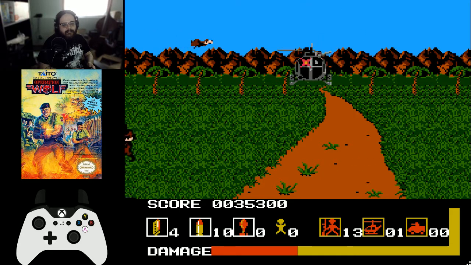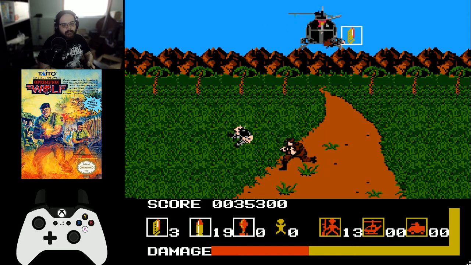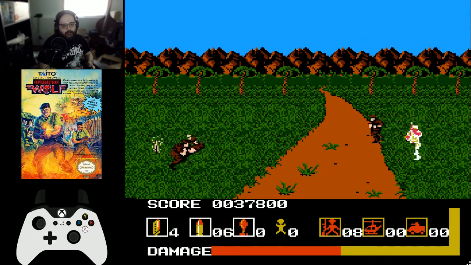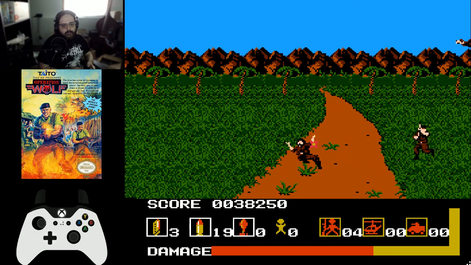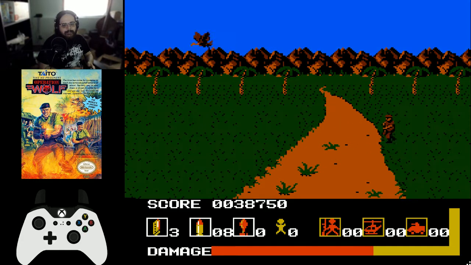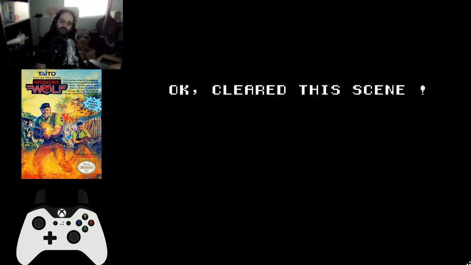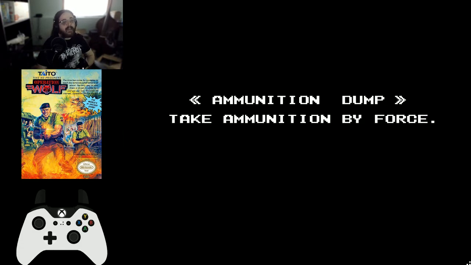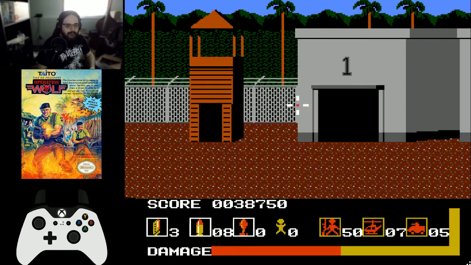Well, you don't want to constantly shoot because I have to imagine you'll eventually run out of ammo. There's quite a bit of ammo in the game for you, but anything's possible, you know? Good God. Come on, man. Okay, we survived. We took a lot of damage. I'm willing to bet you probably have limited continues in this game as well. Okay, cleared this scene. Thanks, man. Can I go to the prison camp now? Oh no, we go to the ammo dump now. It's weird that's going... Sorry. My webcam's backwards, you know, we're going that way, but...